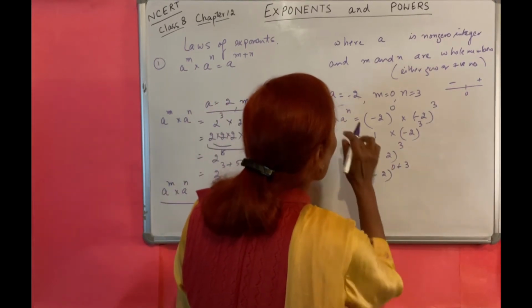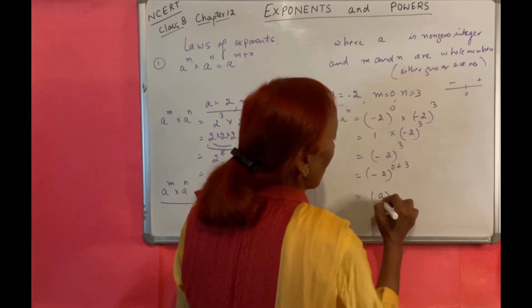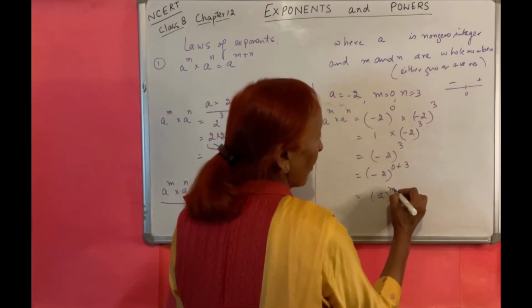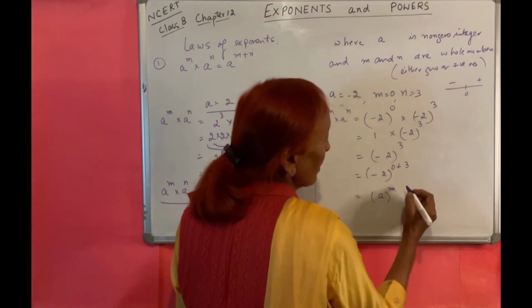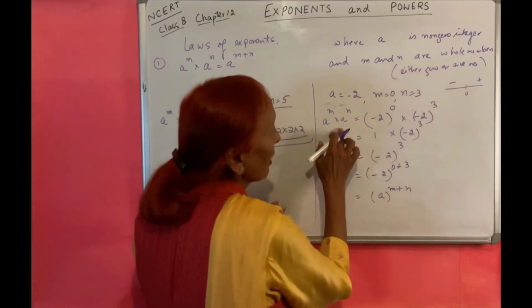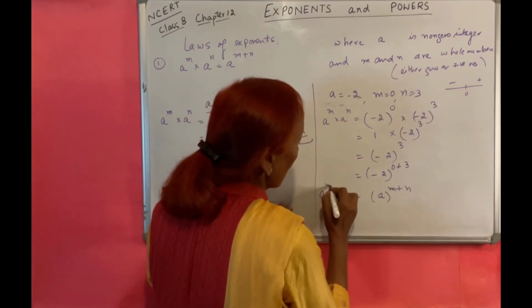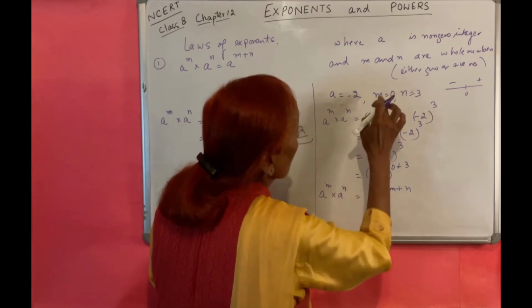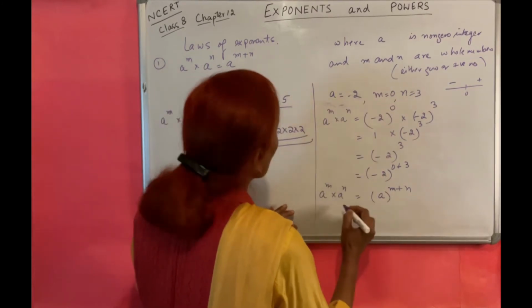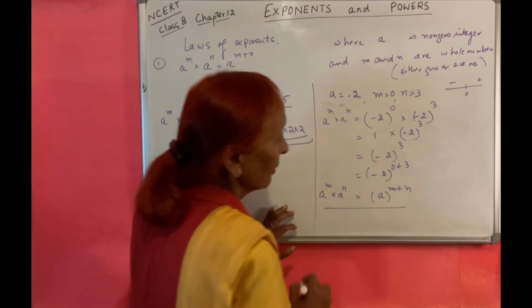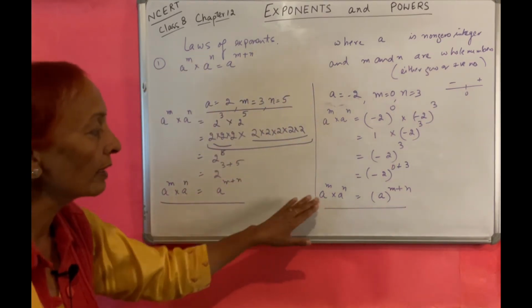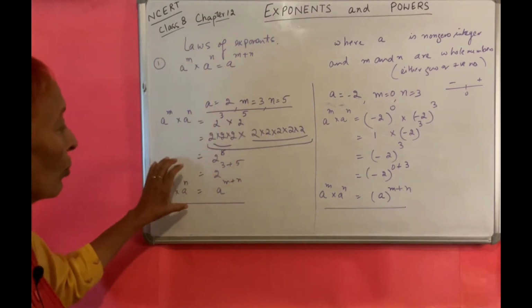So what is minus 2? A. What is 0? M. What is 3? This is n. So we started with this and we reached here, it is a raised to power m plus n. In both the cases this law holds true,